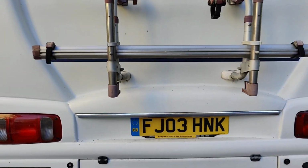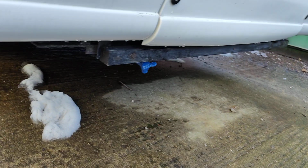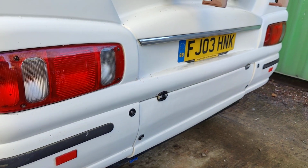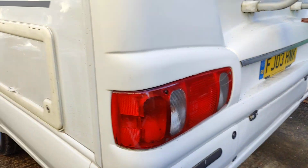Bike rack on the back, I'm sure folk can work out how to use that. So you have got a freshwater drain just there, so that's going to actually empty your freshwater tank of water. Around